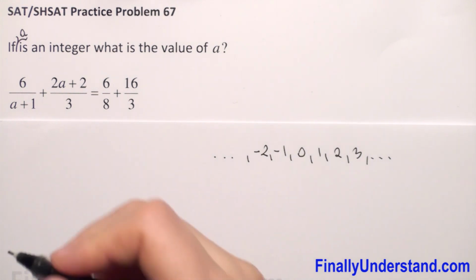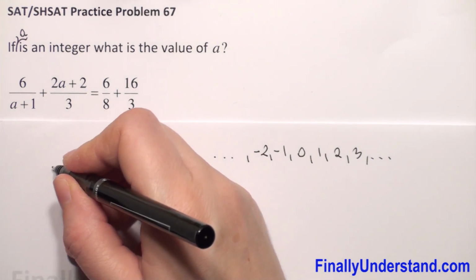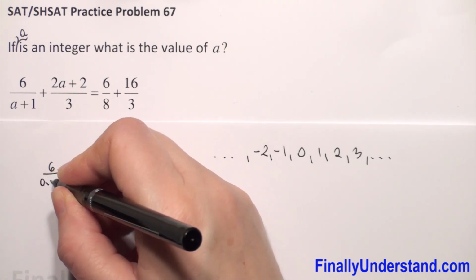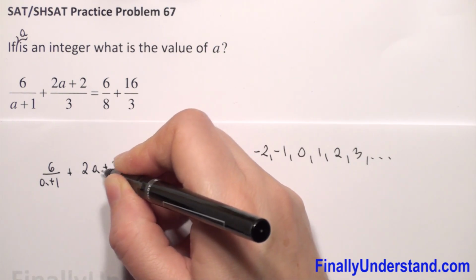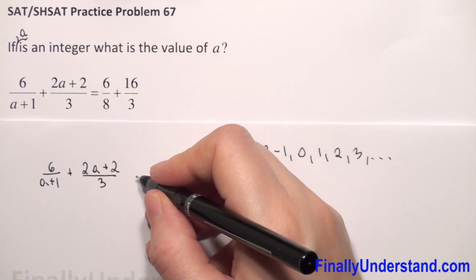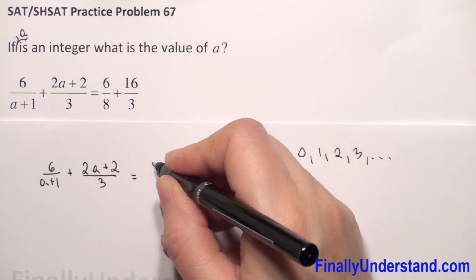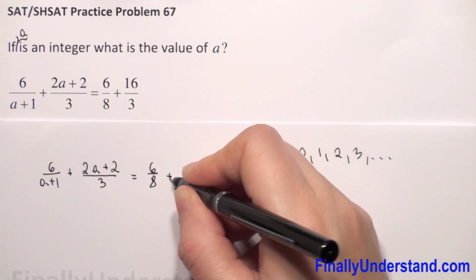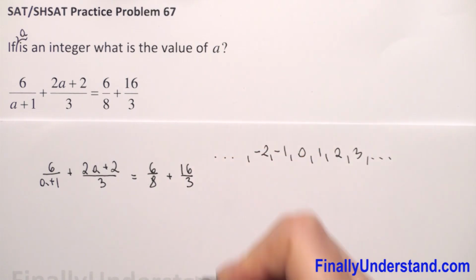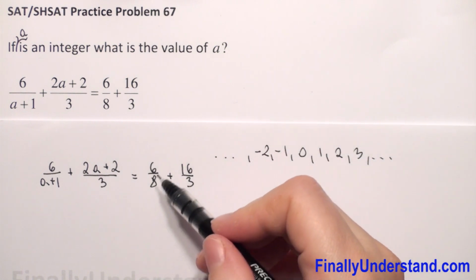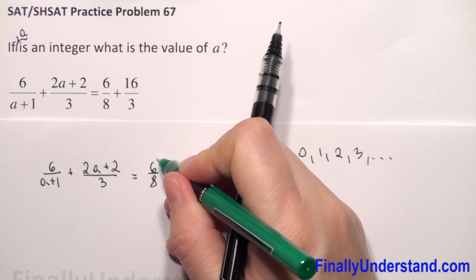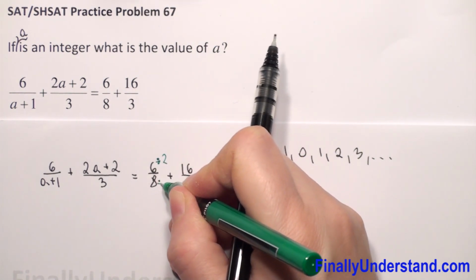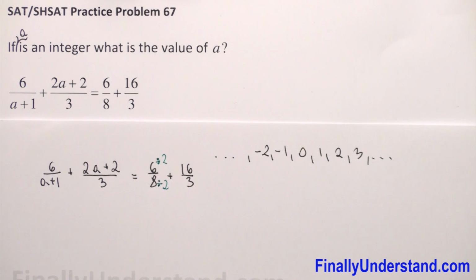So first let me copy our example. We have 6 over a plus 1 plus 2a plus 2 over 3. This is equal to 6 over 8 plus 16 over 3. So first, what we can do, we can reduce 6 and 8, divide numerator and denominator by 2. What else? To add